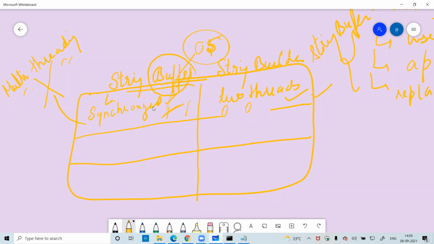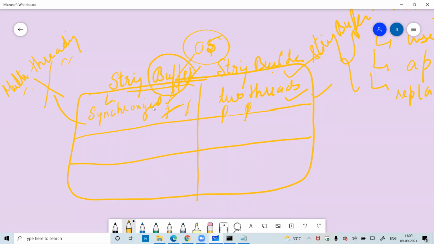But if I'm using the string builder, I can use the two threads at the same time. Means multiple operations can be done at the same time in the case of the string builder. Multiple operations can't be done in the case of the string buffer class.